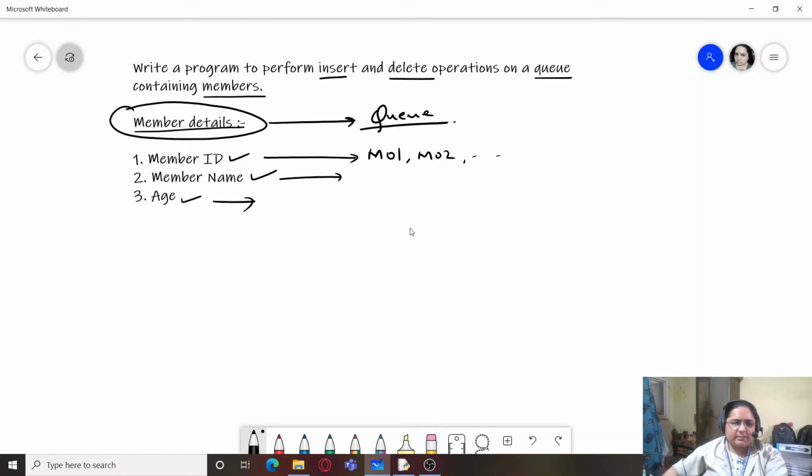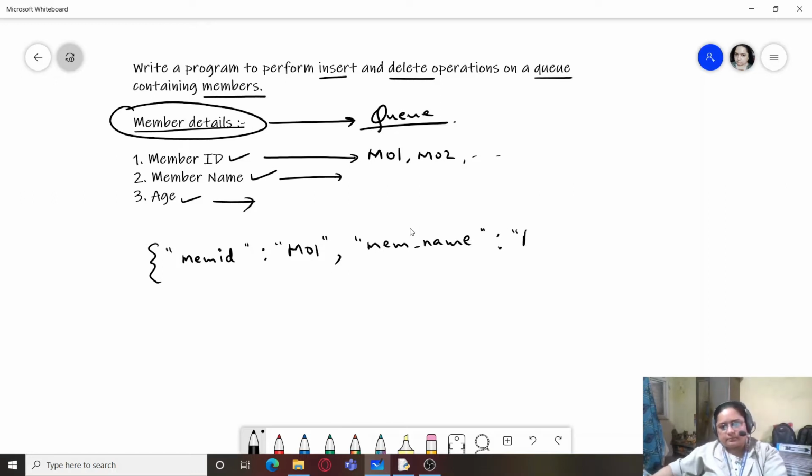It would be something like this: mem ID, mem name, and age.